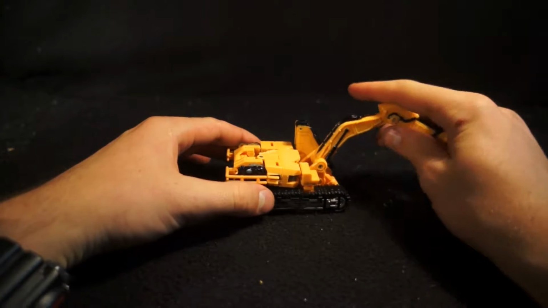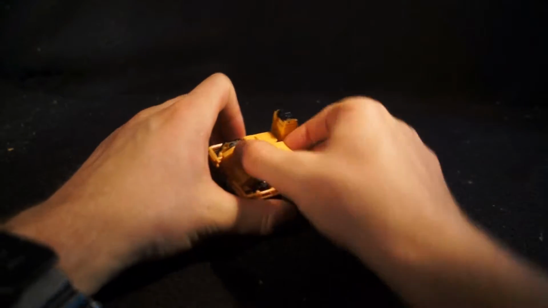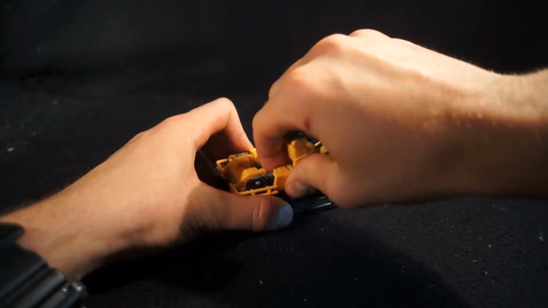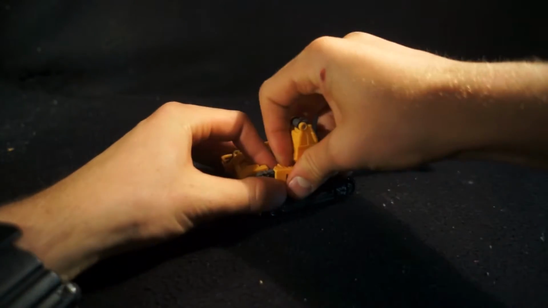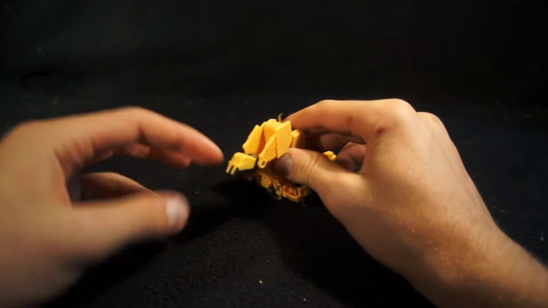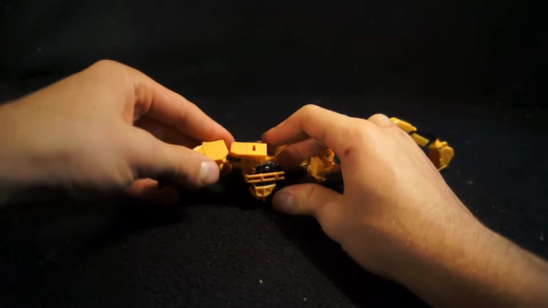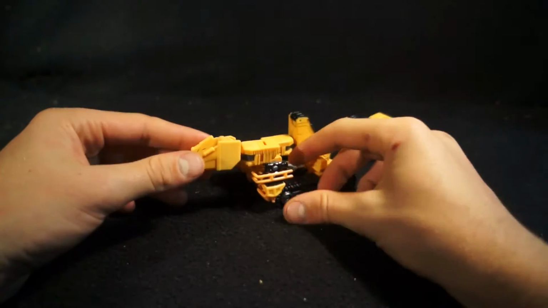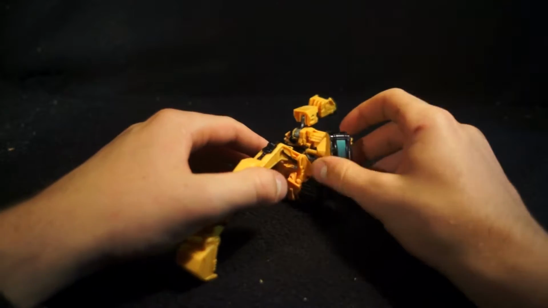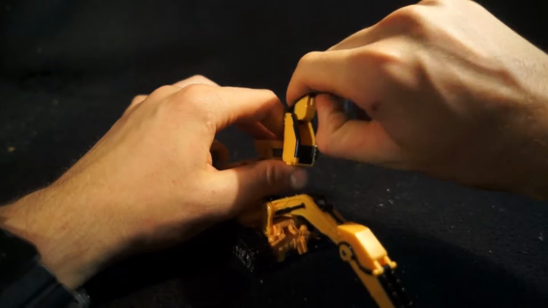Anyway, first thing you're going to want to do is just extend the bucket. Then you want to pull this part up and out like so, and then bring it all the way back there. Then you want to pull this part out like that, and then rotate it like so, and fully extend it like that. Coming around here, do the same here, untab it from there, bring it up, bring the bucket from here out,